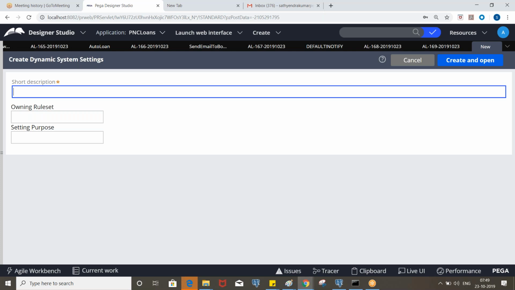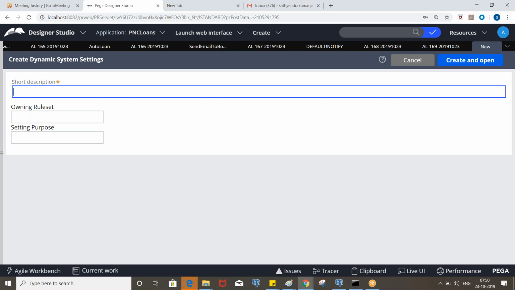If you want to put some static content that can be changed in the higher environments, we use this option. We use it for details like from email, the password, and host, which we can also put here. So we can create 3 different data instances: one for from email, one for password, and one for SMTP host.